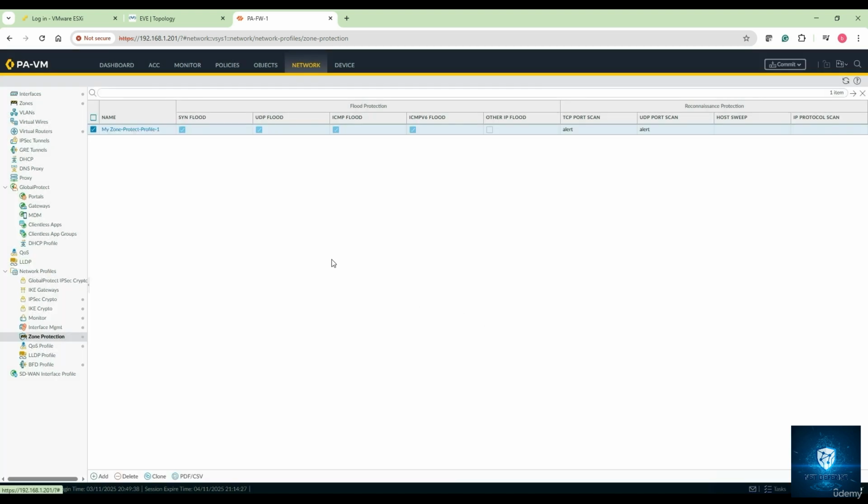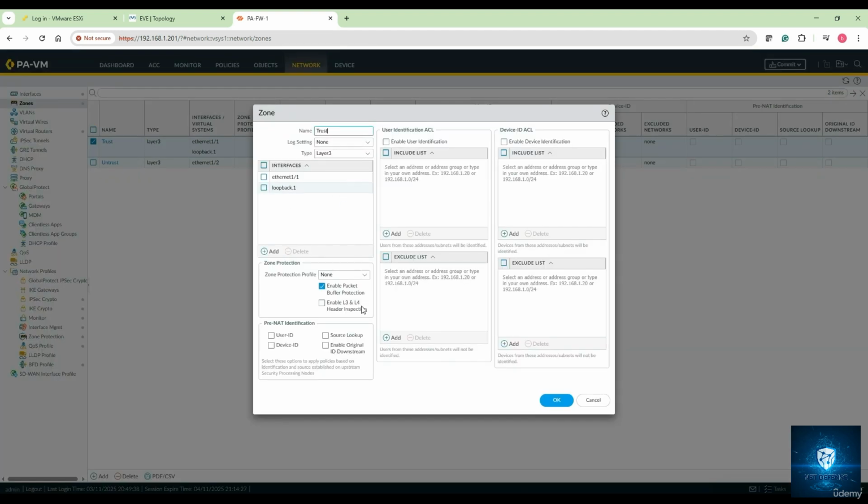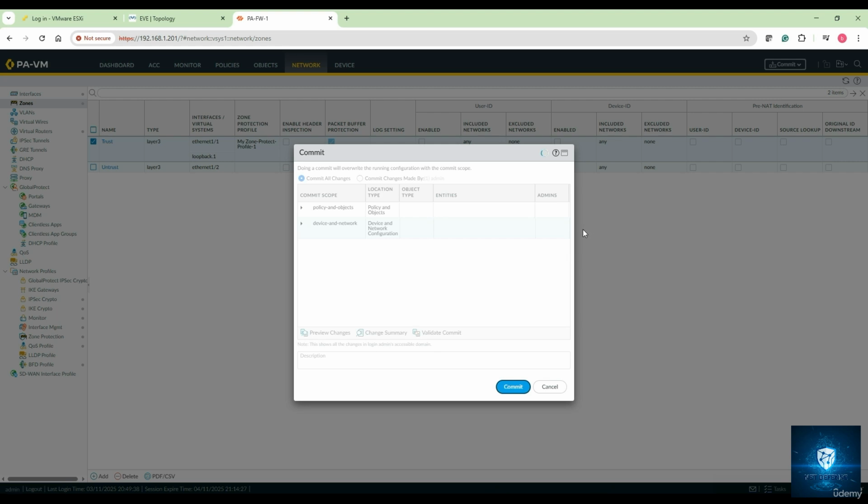So that's my zone protection profile, which is configured now, and now I can go to the respective zones, and let us say in the trust zone, I can go there and I can enable that. So here we go, I can see that my zone protection profile is there. I can click on OK and I can enable that, right? So this is how you configure a zone protection profile,